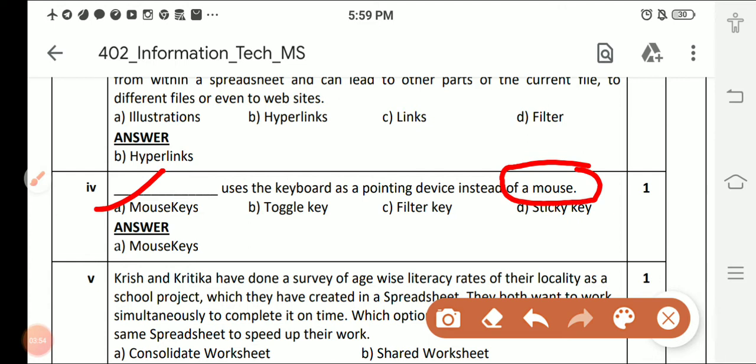Mouse keys. In mouse keys we set left click and right click from the keyboard. In place of the mouse, if you set mouse keys, then when you press those keys on the keyboard, it will work similar to your mouse. So instead of using a mouse, you will use mouse keys.